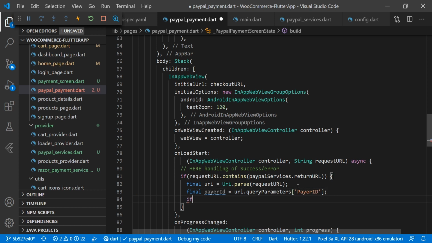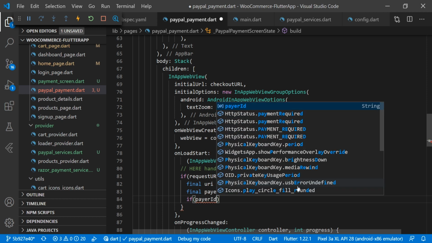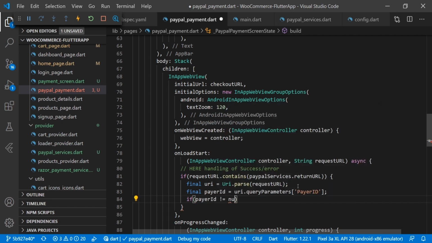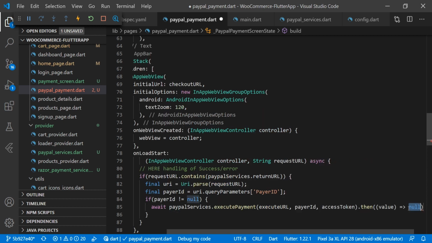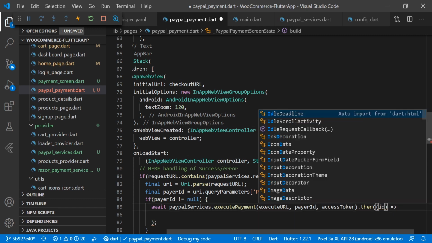Then here we will check if that payer ID is not null, then we will execute await PayPalServices.executePayment, and here we are passing that execute URL, and we are getting that payer ID and access token, and here we are doing done, and we are putting it as an ID here.